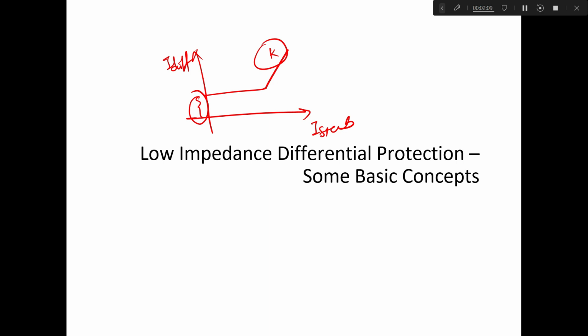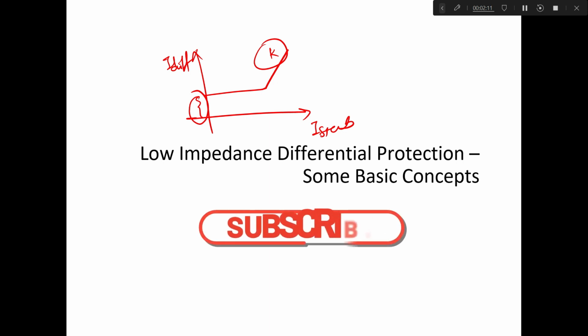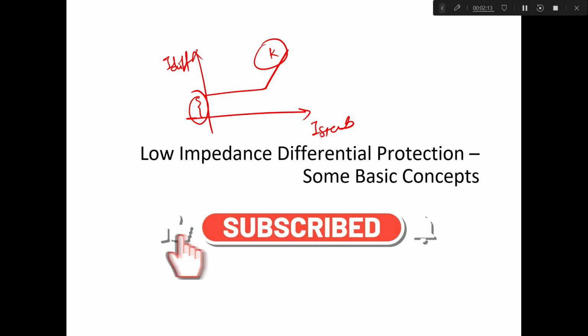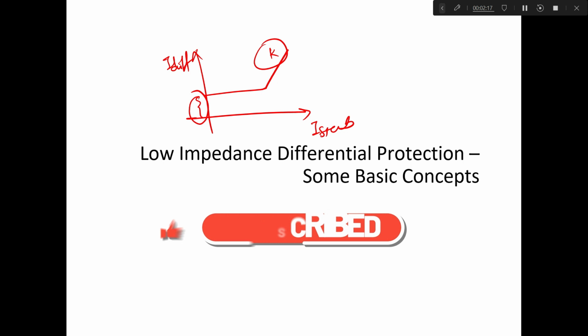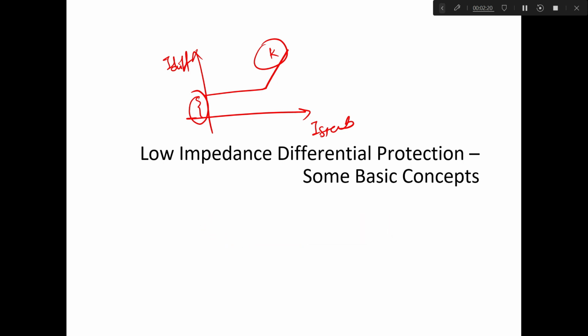Second thing, in case of a transformer, you have to take care of the effect of tap changer, the inrush current and the CT saturation, but the effect of tap changers and inrush currents are not required in case of bus bar differential protection. In case of bus bar differential protection, that's why we are using a single slope with some threshold value. And in the coming slides, I will discuss how these slopes and threshold values are determined in case of